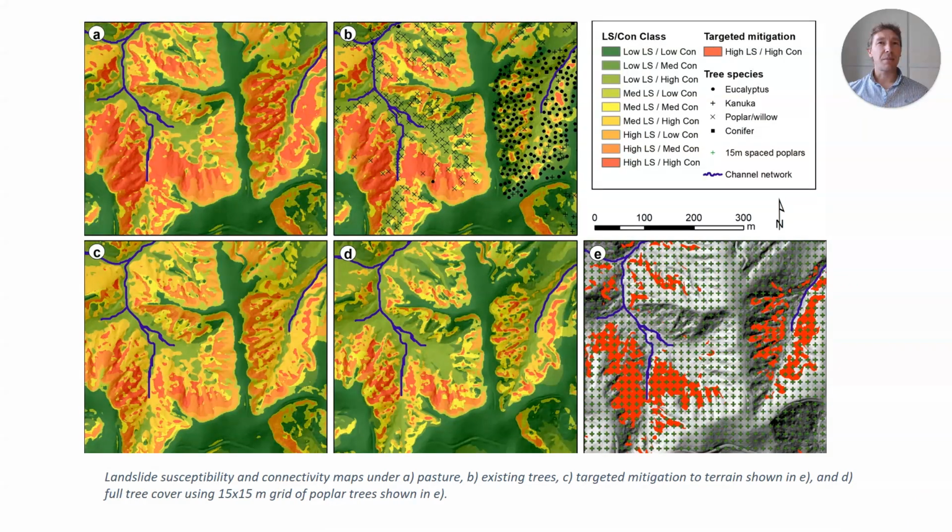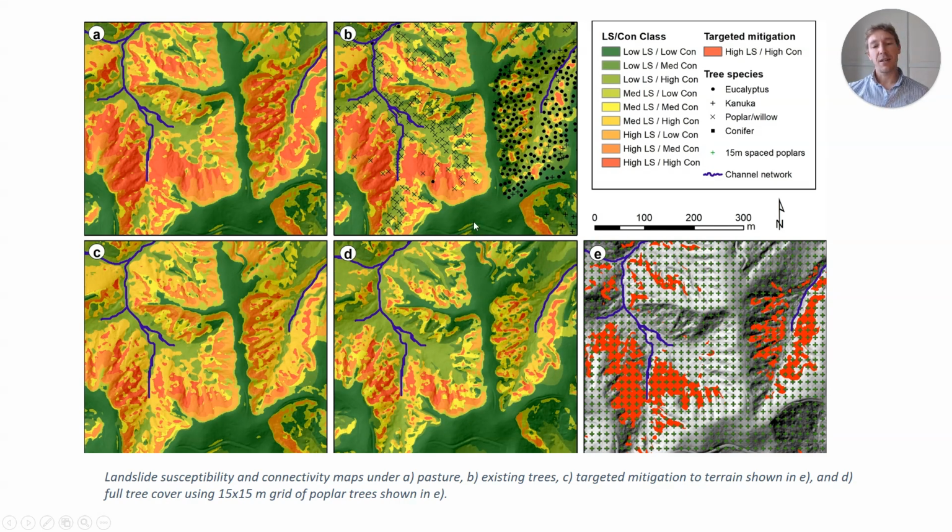So in terms of scenario modelling, there are ultimately 4 scenarios that we consider. These are showing the predictions for those 4 scenarios, starting with the top left is that treeless pasture-only baseline. That's always the baseline that we compare to when calculating reductions achieved. Then the actual tree cover shown in window B, the targeted mitigation scenario where we target that high class, and then blanket planting shown in window E with those green crosses, in contrast to just those red areas in the